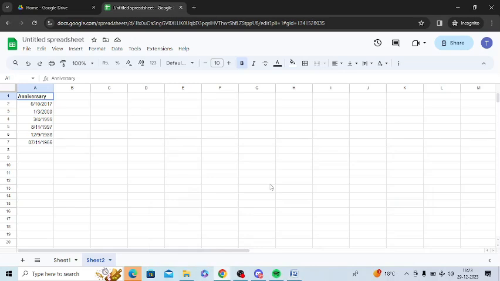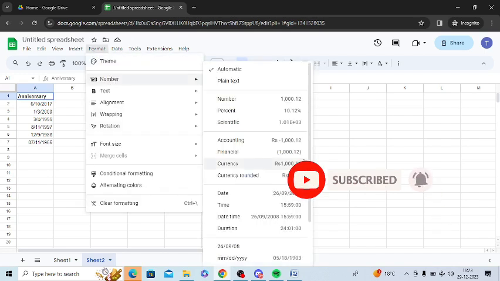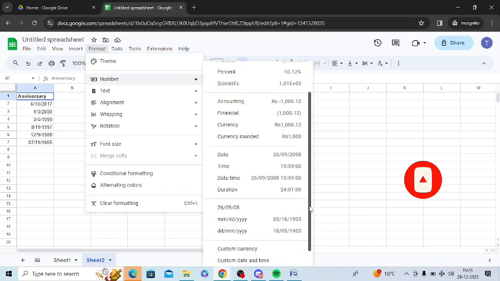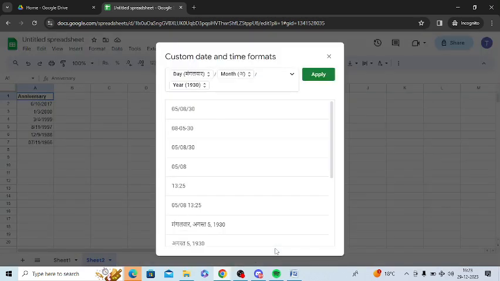In this video, I am going to tell you how you can manually change the date and time format in Google Sheet. So here I have my Google Sheet, and now I need to click on this option, Format. There's an option of Number, just tap on this, and you need to scroll down. There's an option of Custom date and time, just click on Custom date and time, and here you can select